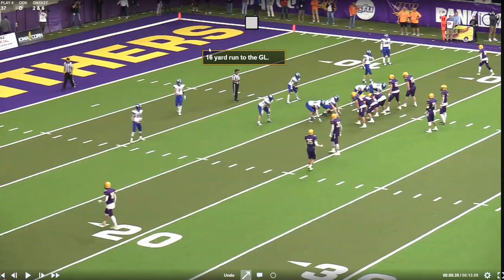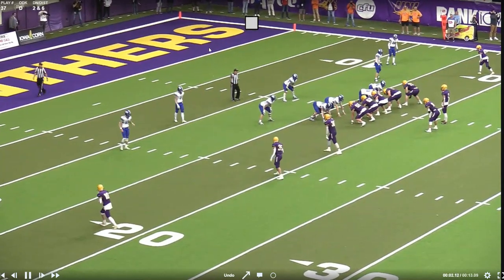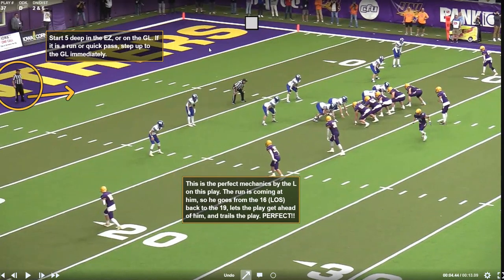Okay, now we've got a few plays to finish up with some plays where we end up getting to the goal line, but we're outside the 10-yard line. How we handle those. So we have a 16-yard run to the goal line on this play. So again, in this case,